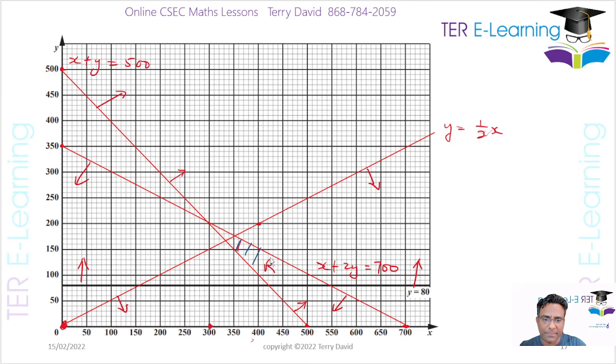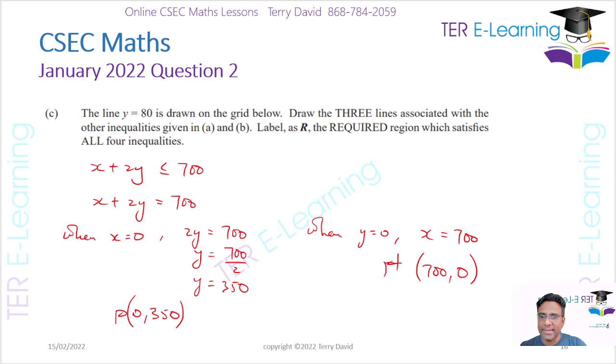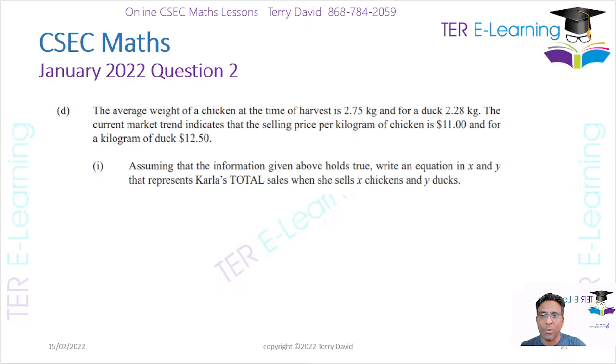So this is R here. This is the region that they're talking about. Now, the next part of the question, what do they want here? The average weight of a chicken at the time of harvest is 2.75 kg and the duck is 2.28, and they gave us the selling prices. Assuming that the information given above holds true, write an equation for